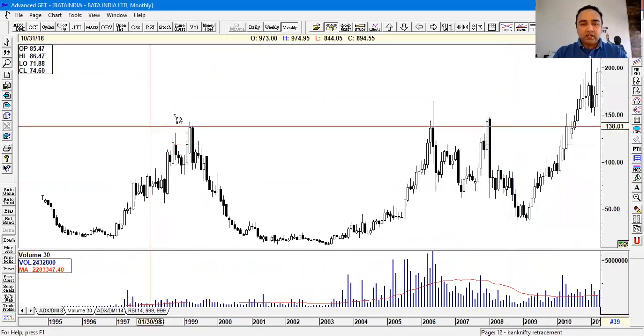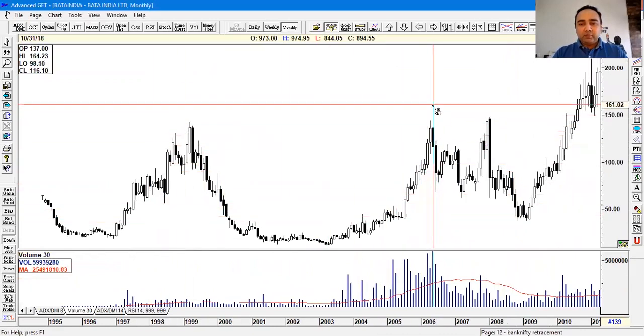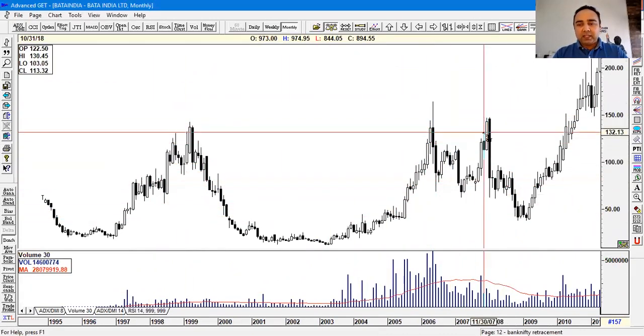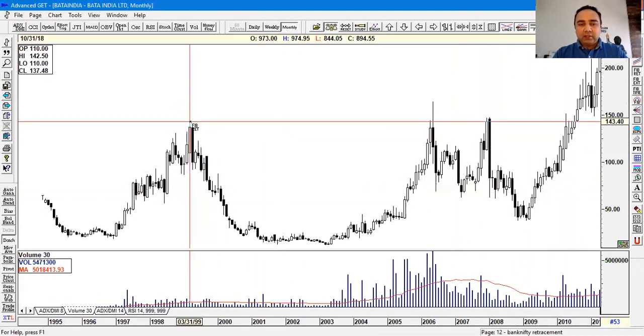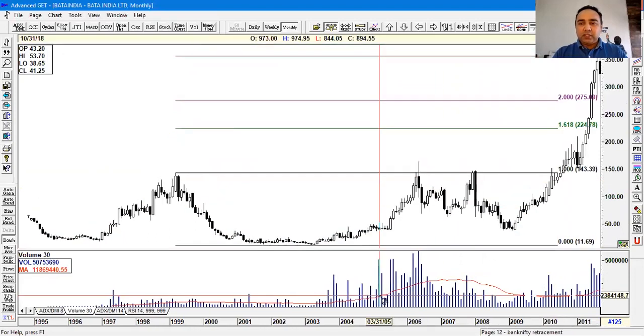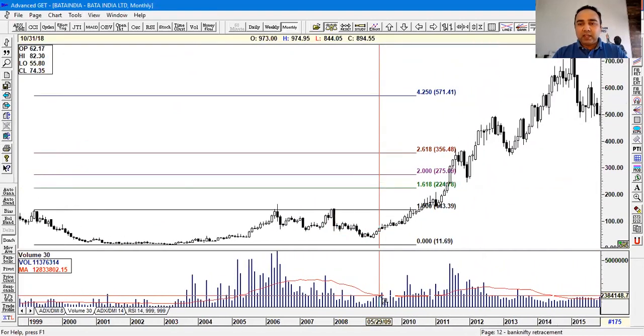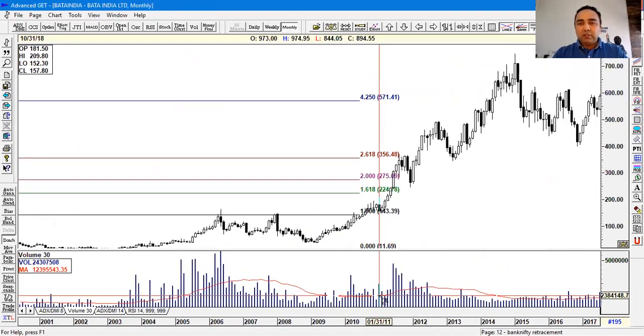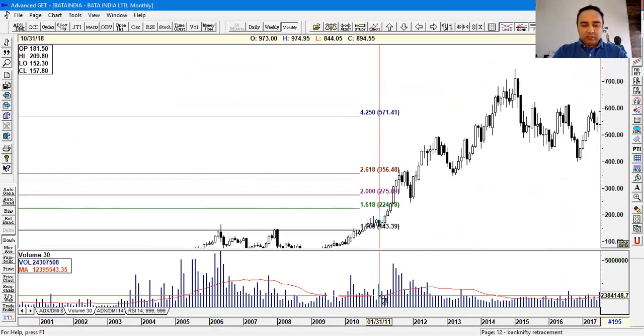Can you see there's a U pattern, and there's a breakout and a failure of the pattern, and then another U, and then finally it went into this. See the volumes going up, and then it goes into multiple targets as and when it hits the new levels, right? So let's look at one of my